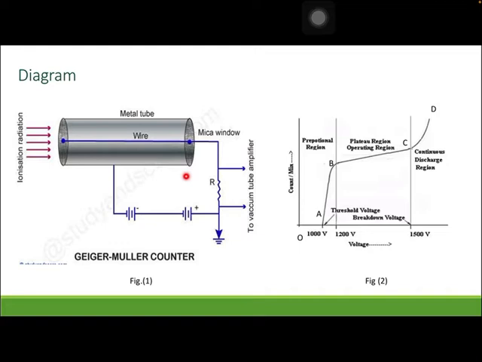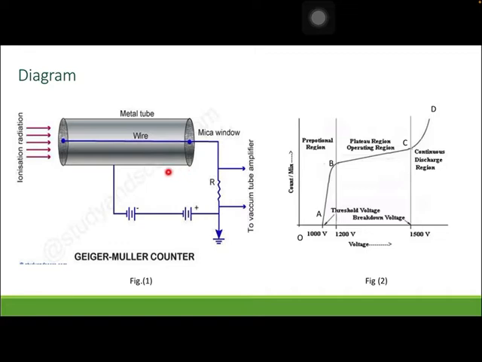Okay, so that is nothing but a counting system, or a scalar, we can say, and that is externally connected by a cable to a cylindrical tube. That cylindrical tube is nothing but a GM tube. Below the window of the GM tube you have the source emitting alpha, beta or gamma radiation. In our laboratory we are using a cesium source, which is a beta and a gamma emitter.